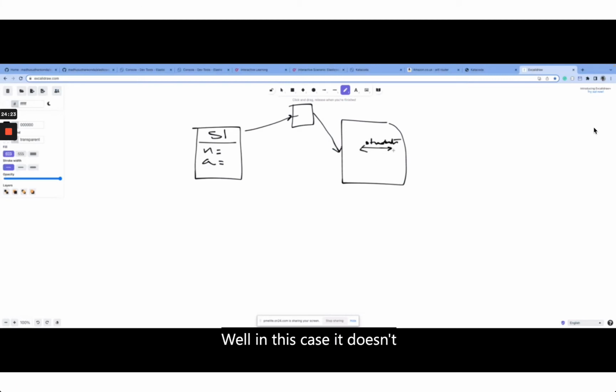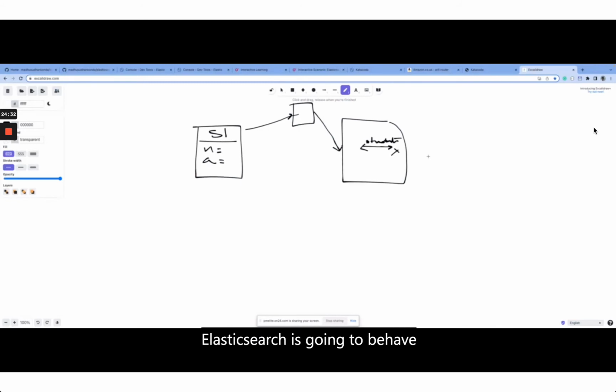In this case, it doesn't have it, because remember, the first time you're creating, it doesn't have that students index, right? Now this is where Elasticsearch behaves differently from the database world. In a database, if you try to set some information where the table doesn't exist, it will say, "Sorry, mate, your table doesn't exist, so I'm going to throw you an error, and you deal with it." In the Elasticsearch world, it doesn't work that way. It's more than happy to honor your request of creating your document,